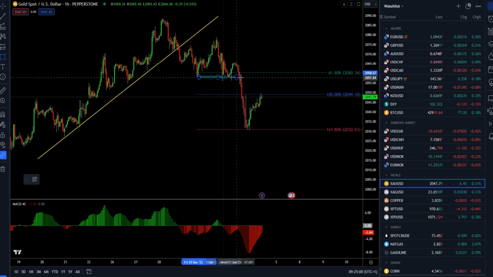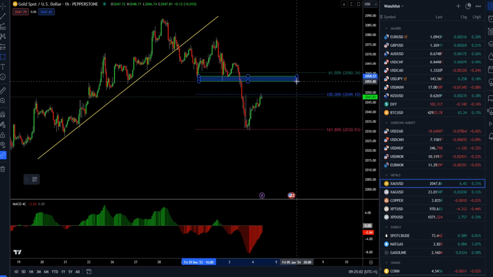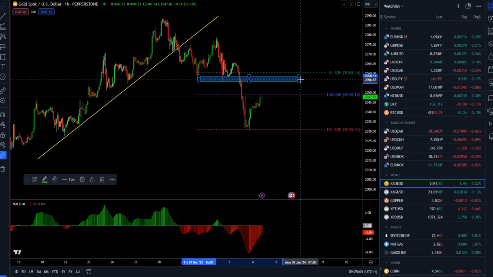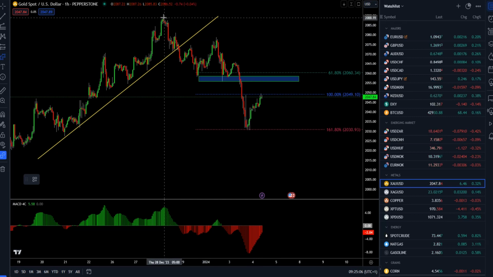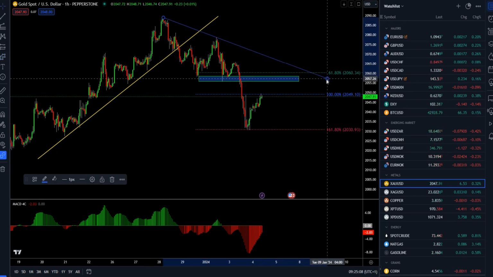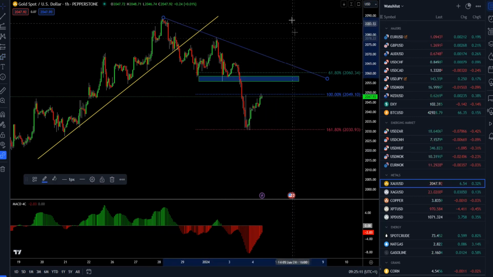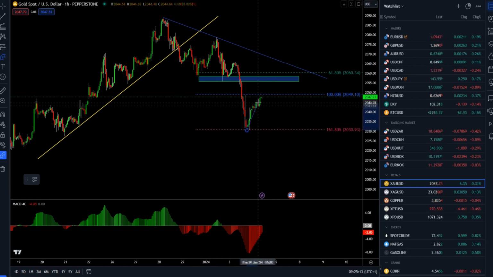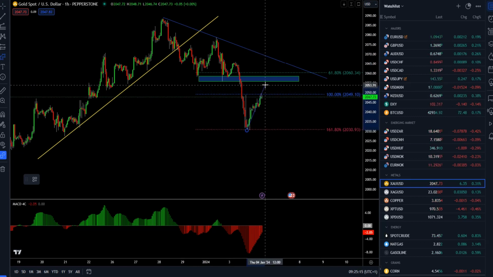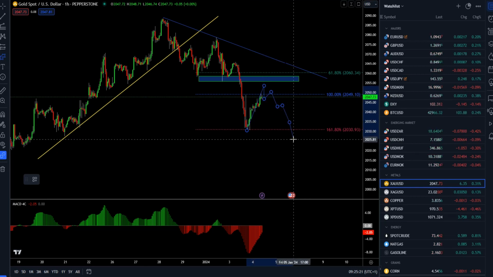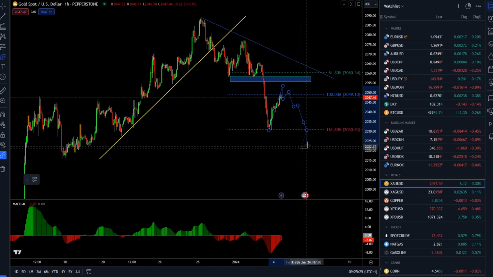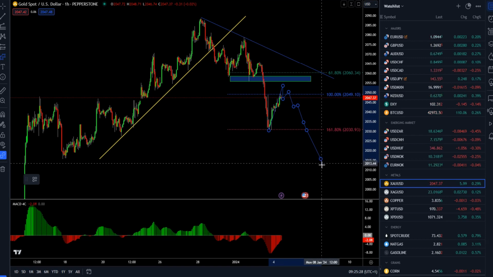So here the supply is still in control. We have the recent lows that may act like resistance around 2056. Supply trend line from here is also serving like potential resistance. So far we have the rally, but there is a chance for the further downside continuation. And as I said, the supply is in control, so the downside scenario is most likely to retest potentially 2030, or even to go lower towards the 2015 or